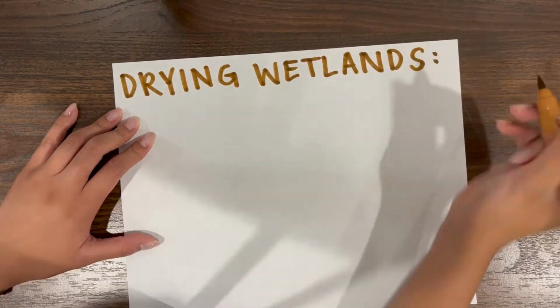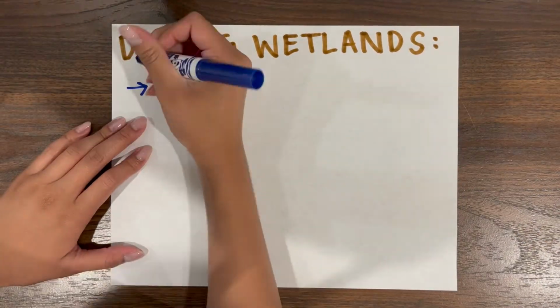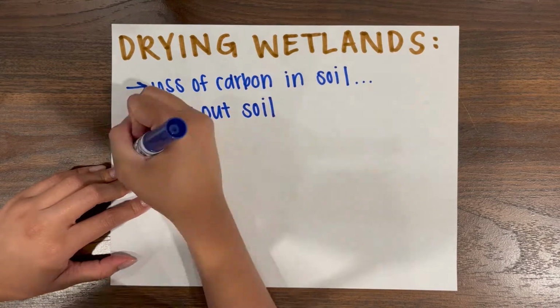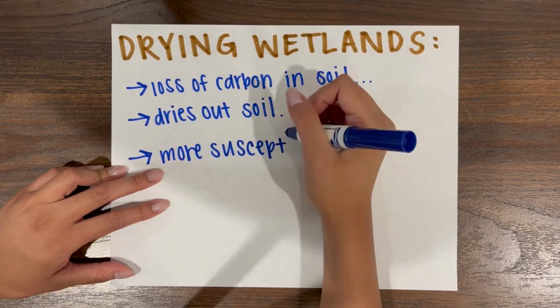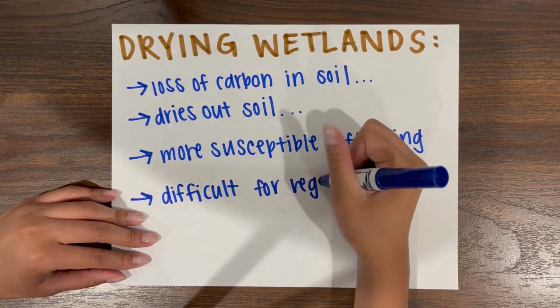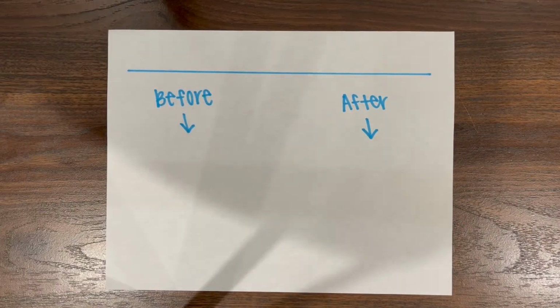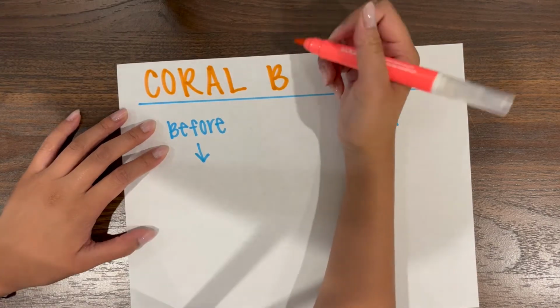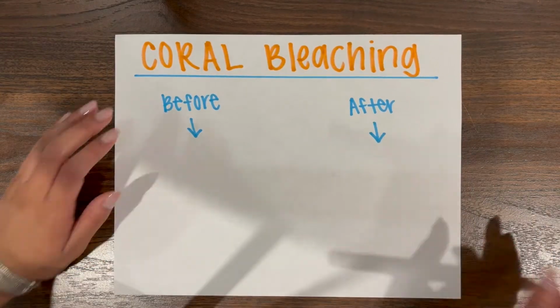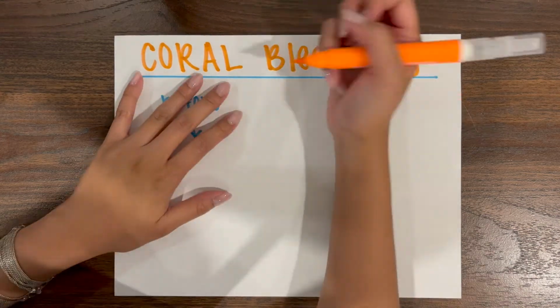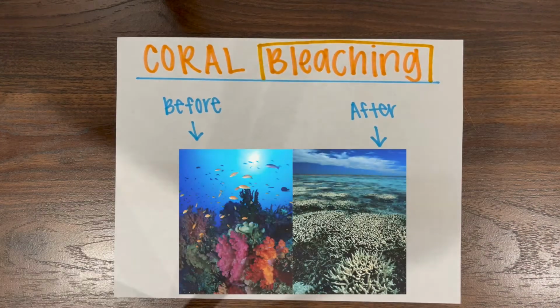As the climate is changing, wetlands lose more of the carbon stored in the soil. This dries out the soil, allowing it to be more susceptible to flooding. This also makes it more difficult for vegetation to grow, significantly damaging the ecosystem. Ocean acidification is the main reason why we are losing coral reefs around the world to coral bleaching. This phenomenon occurs because the water temperature is too high, killing off the algae that lives in a symbiotic relationship